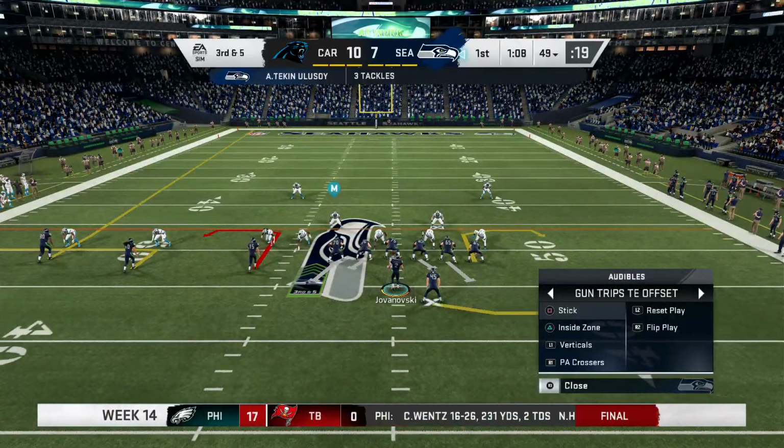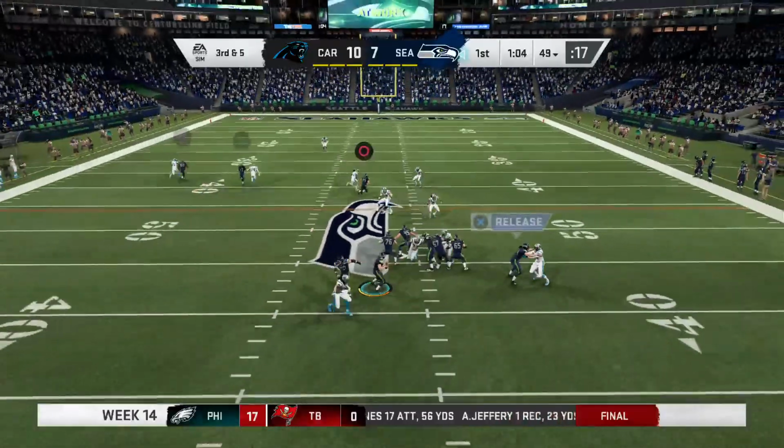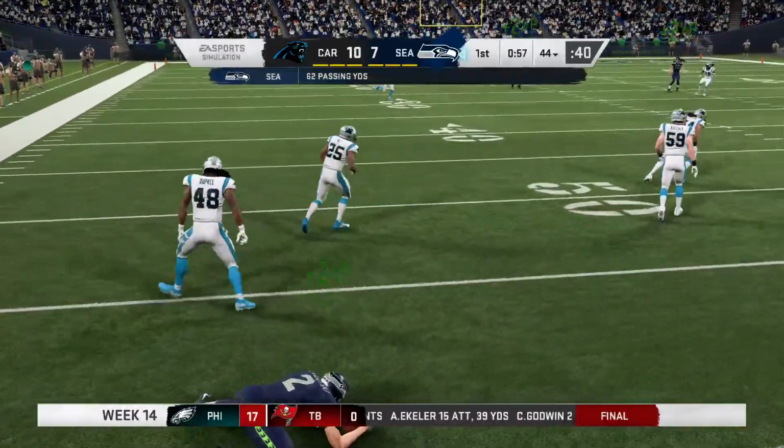A pretty big early test for the defense coming up. What can they dial up here to try and thwart this third down situation? Dancing to his left and hit behind the line. He lost the football. It's loose. But fortunately, he's...